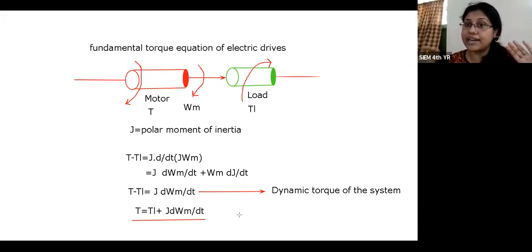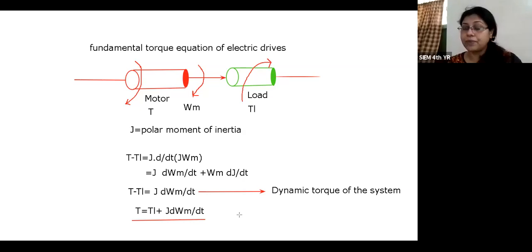We are increasing the speed gradually. The machine will reach the speed, and that particular speed should be transferred to the load also. So that is a transient moment. During the transient time, during the starting time and during the braking time, to stabilize the system, dynamic torque helps